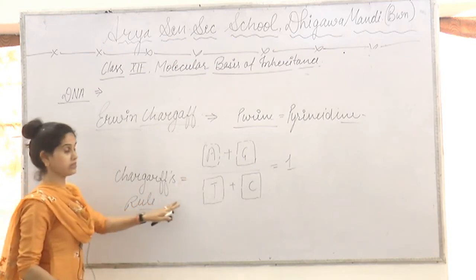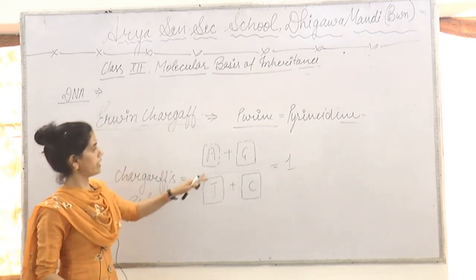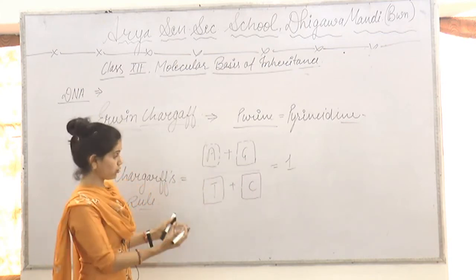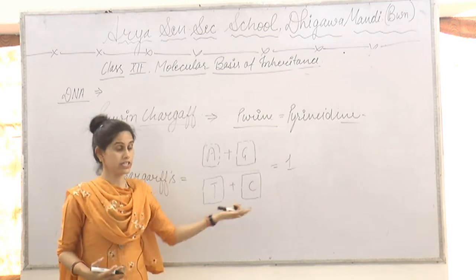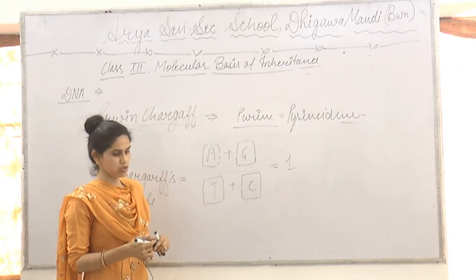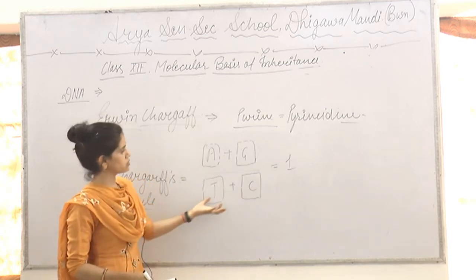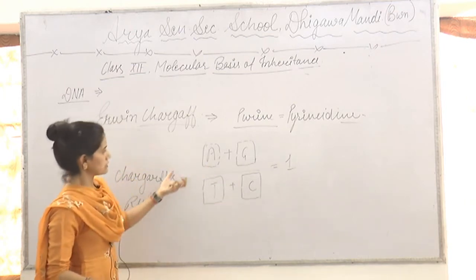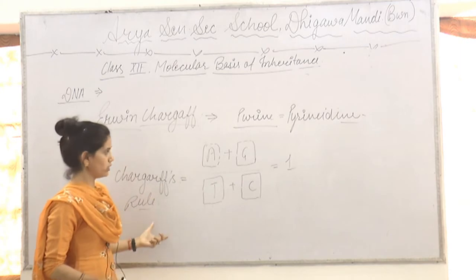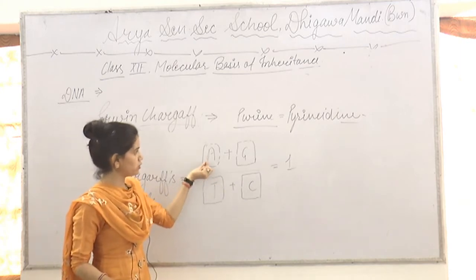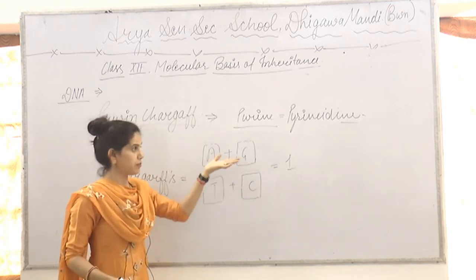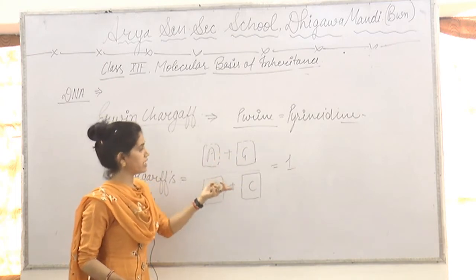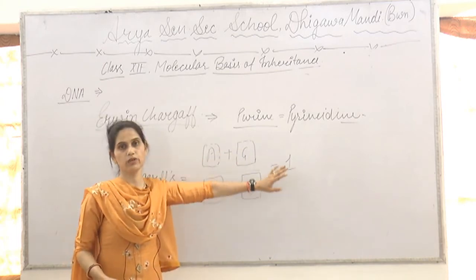There are many numericals which cover this topic. Adenine will be given, guanine will be given, thymine's number will be given, and then you will be asked how much cytosine is. So you can solve such numericals on the basis of this rule, known as Chargaff's rule, which shows that purine is always present with pyrimidine and their ratio will be 1.